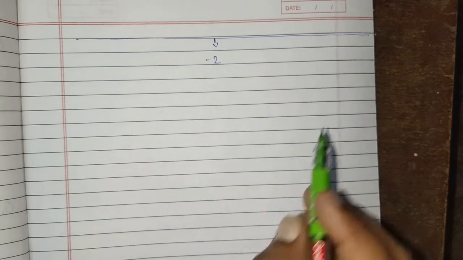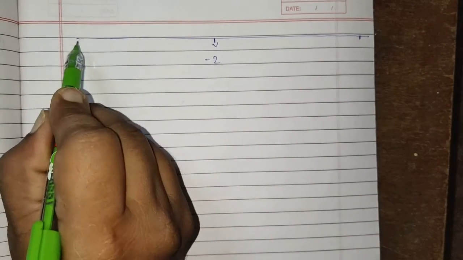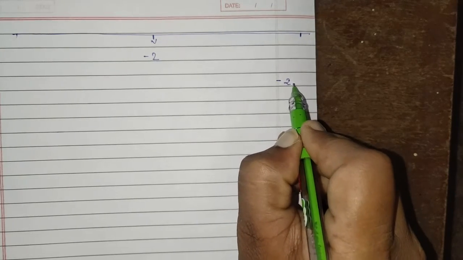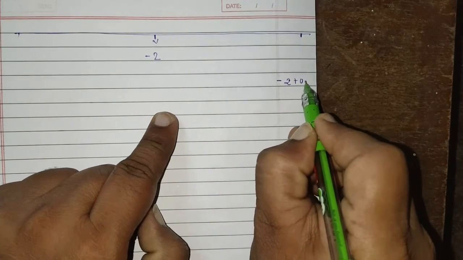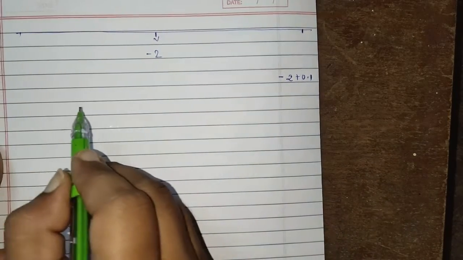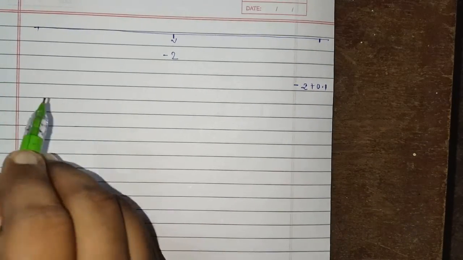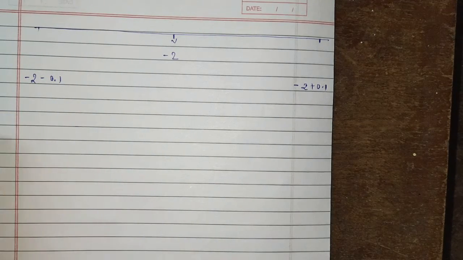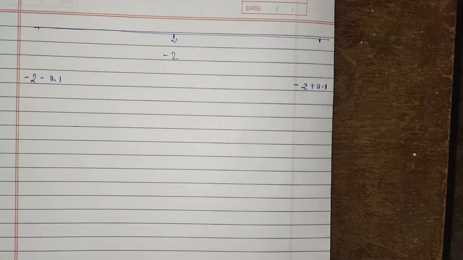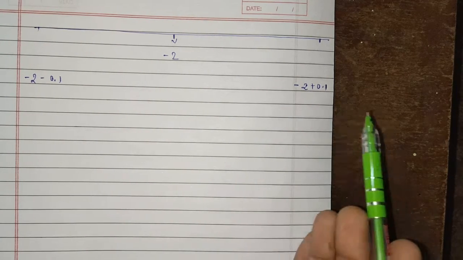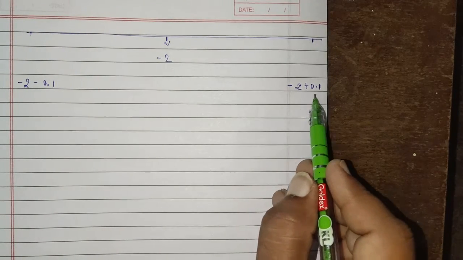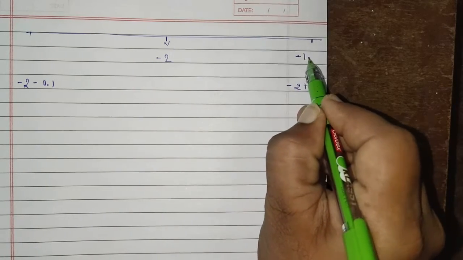Then what happened, at the right hand side and left hand side, I have given you the concept: whatever the number is, -2, you have to add 0.1, and also subtract 0.1. The left side shows the negative or lesser numbers, and the right hand side shows the positive or greater numbers. So -2 plus 0.1 is -1.9,